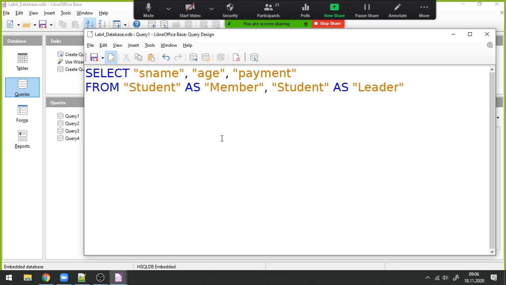And to join them, I need the S group table as well, because without the S group table, I don't know which student is the leader of which group. So I will include the S group as well, but just once. Therefore, I don't need to assign a separate name for this other table. And since we include